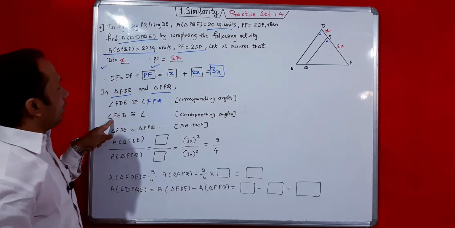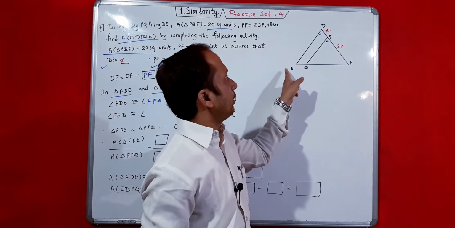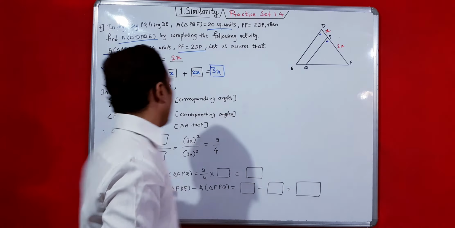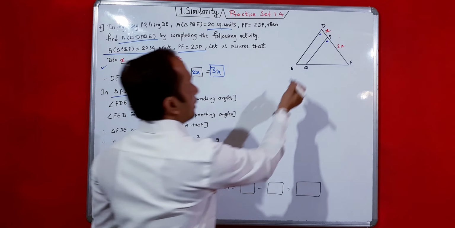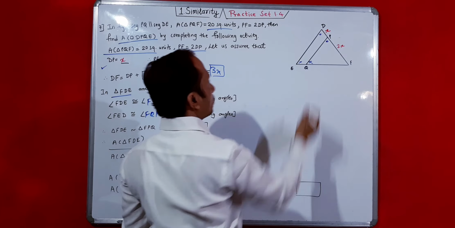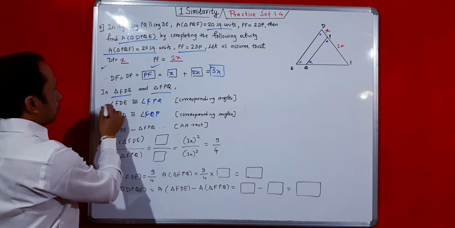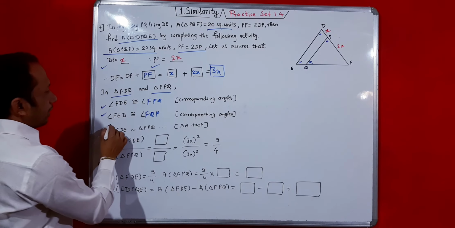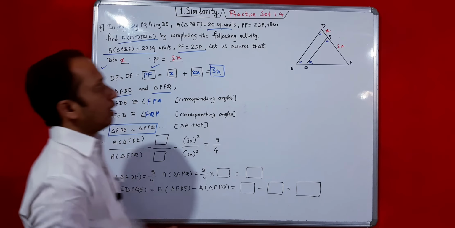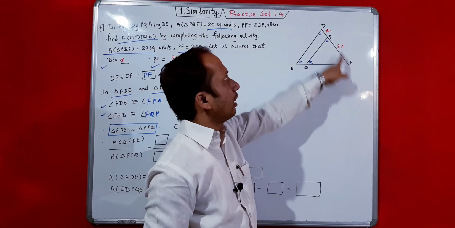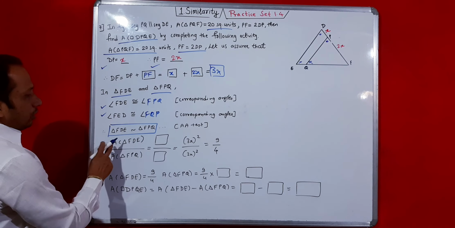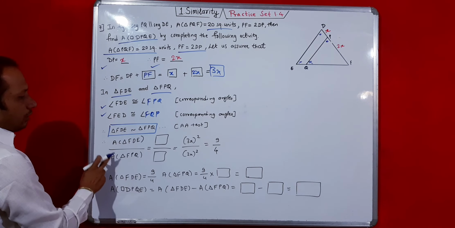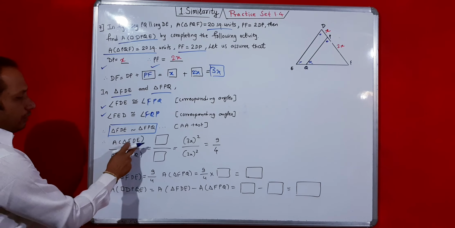Again, angle FED and angle FQP are also corresponding angles. So you got two corresponding angles, therefore these two triangles FDE and FPQ are similar triangles by AA test. Therefore, area of triangle FDE over area of triangle FPQ